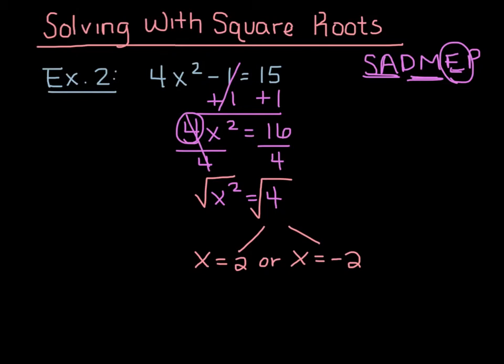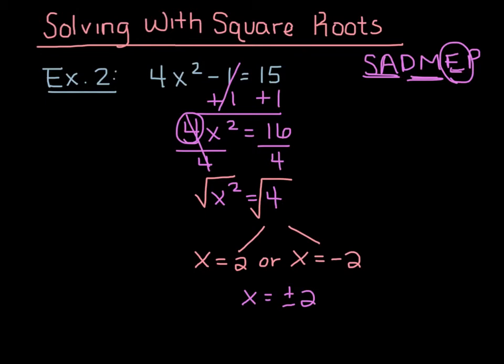So x could equal 2 or negative 2. Again, I could also write that as x equals plus or minus 2. I would take either one of those answers, but you must have the positive and the negative in there to get the answer right. To type a square root into your calculator, if you're working on a fancier scientific calculator or a graphing calculator,